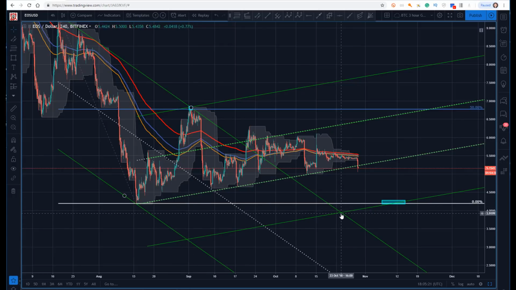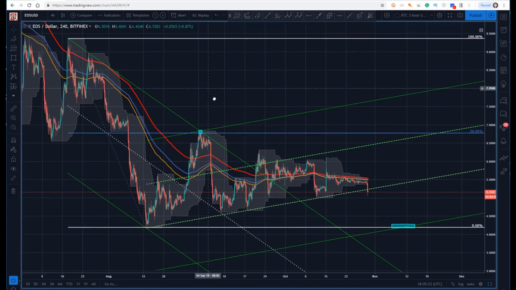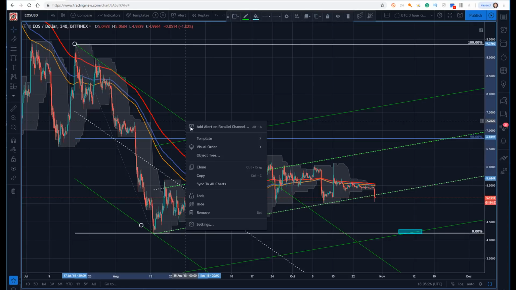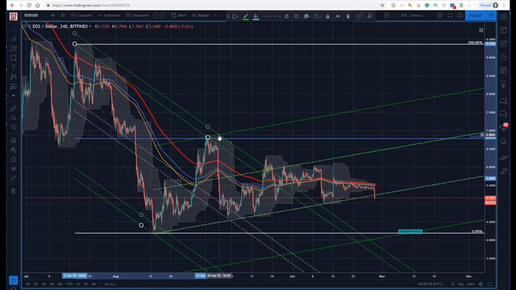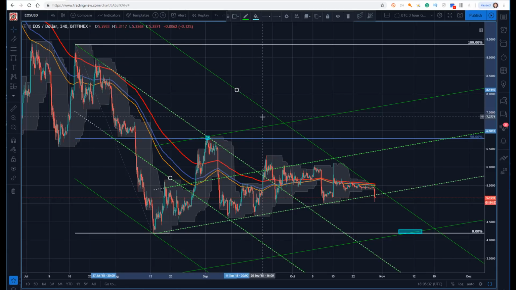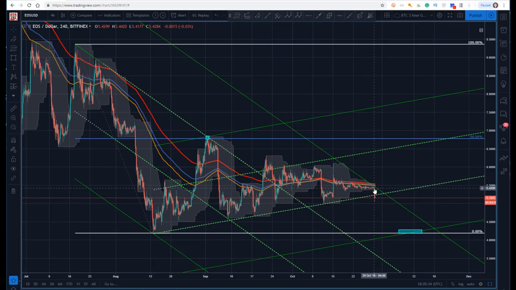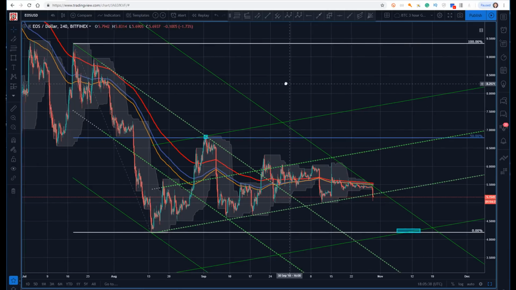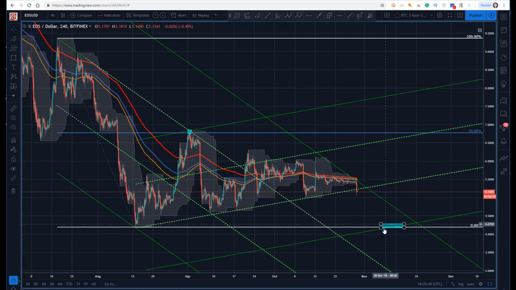So we have potential as we've gotten past this one. Now you could, of course, just do the same thing here. We could clone this. If I clone that and then do the same thing looking up here, taking this, I'm looking for confluence zones, right? So interesting, right? What we get here. So this didn't quite get there, but these are areas where I would be looking for confluence or some sort